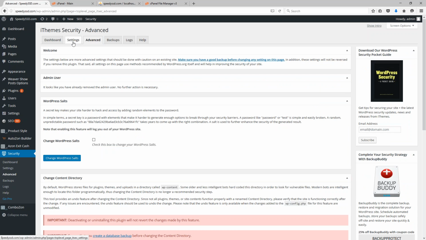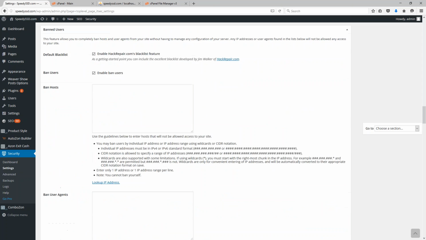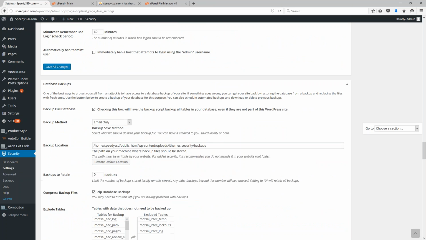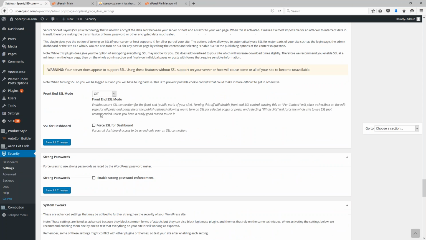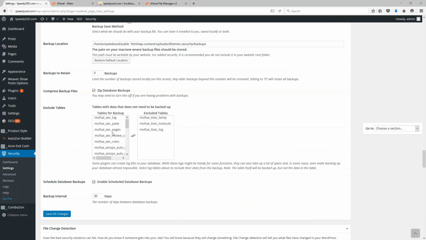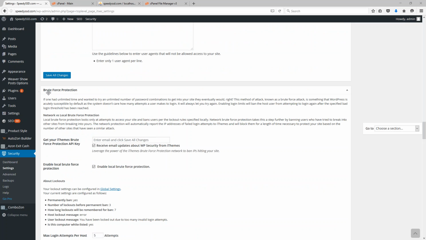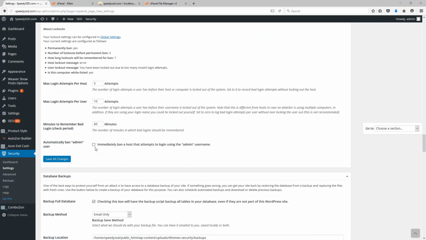I guess there was one final thing that I needed to mention. Once you remove the admin user from your website, do make sure you go back into your settings page. Here we go. Under the brute force protection section, you want to revisit and make sure you are immediately banning